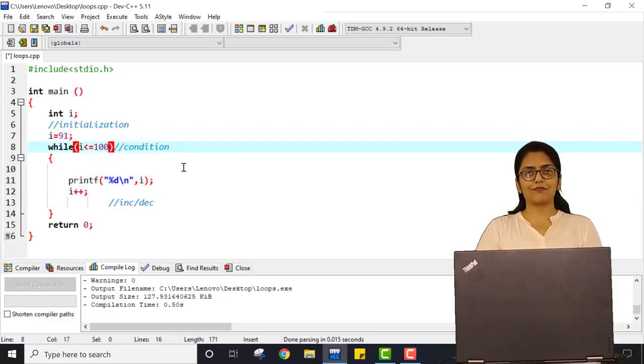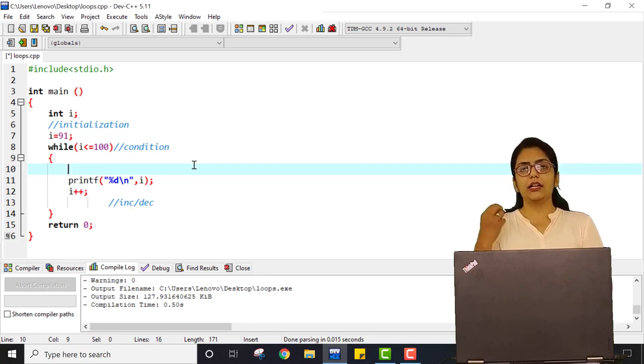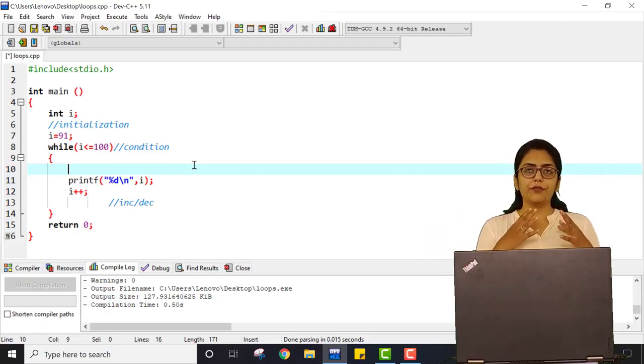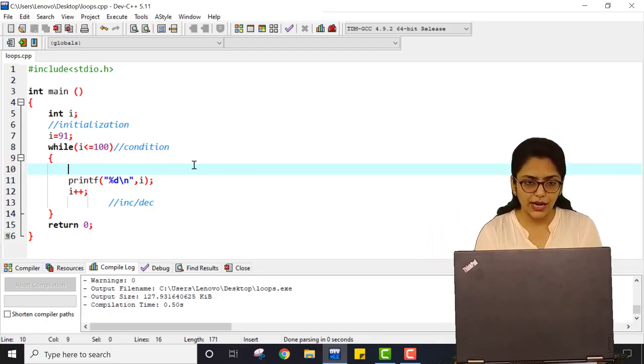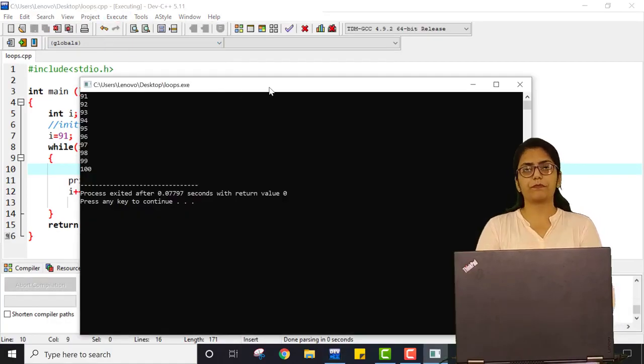What will be the change? I am just changing the lower limit and upper limit. Here I have started i with 91 and it will go through till 100. So it will print 91 to 100 only. If I save this program, compile it and run it, you can see the output over here.